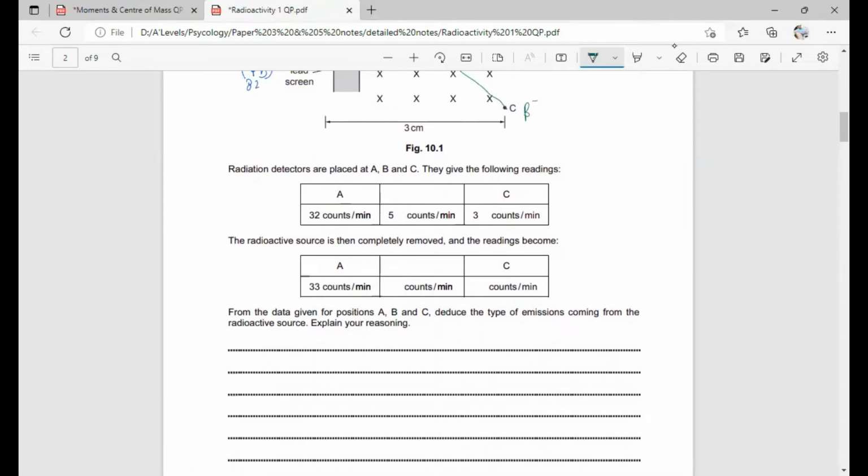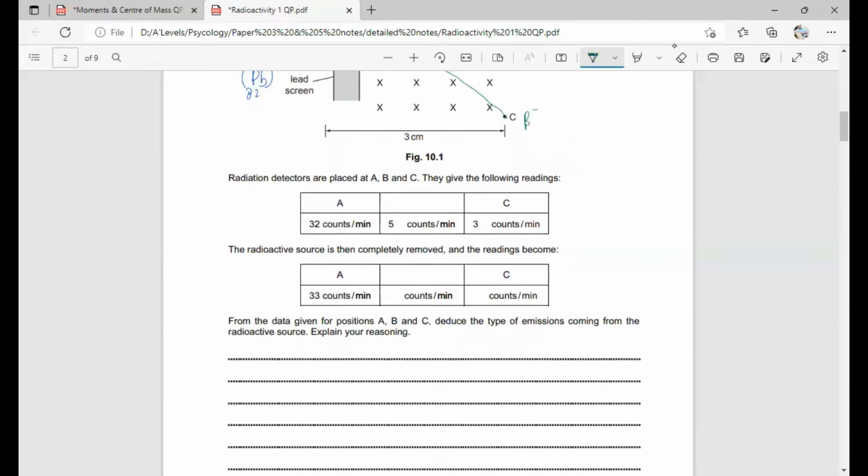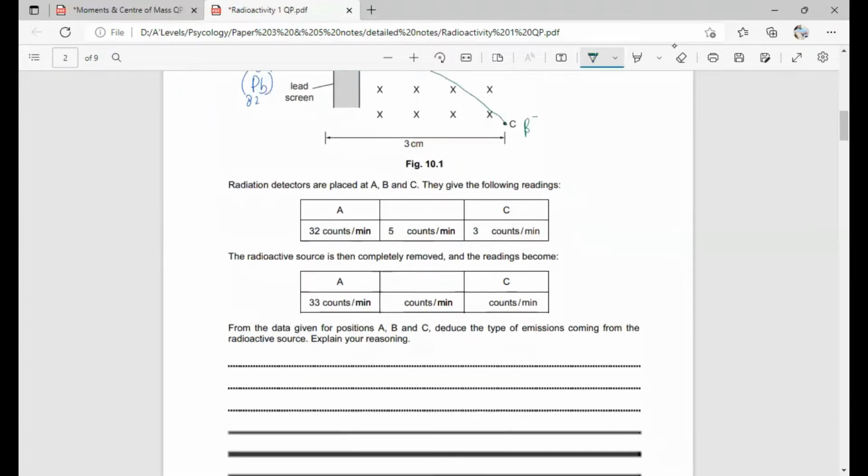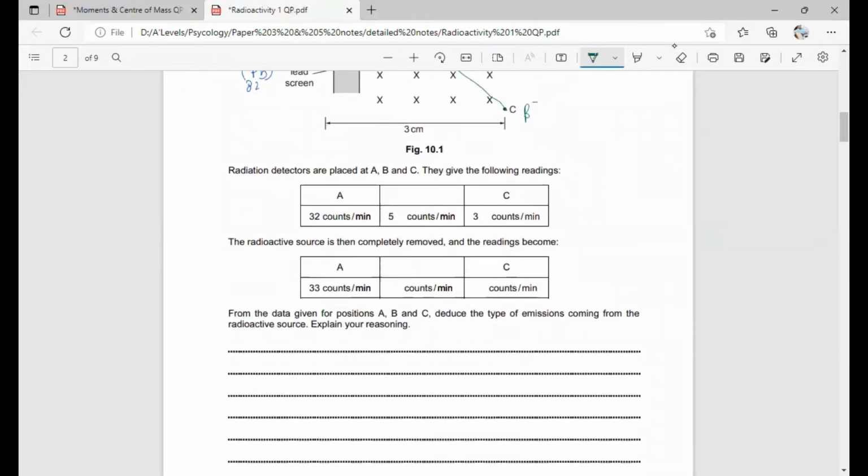Now, the radioactive source formation we have. So radiation detectors are placed at A, B, and C. That is your B, that's your C. They give the following readings: 32 counts per minute for A, 5 counts per minute for B, and 3 counts per minute for C. The radioactive source is then completely removed, and then the reading becomes